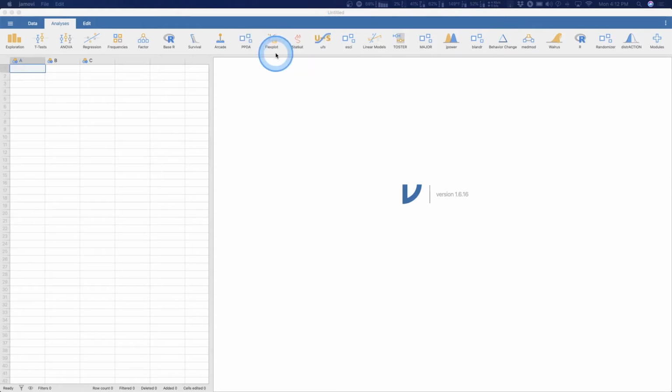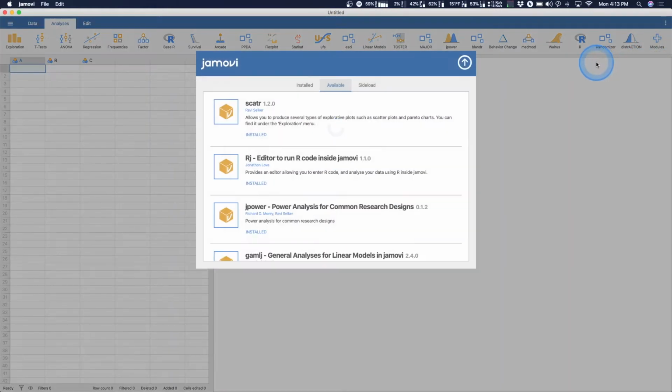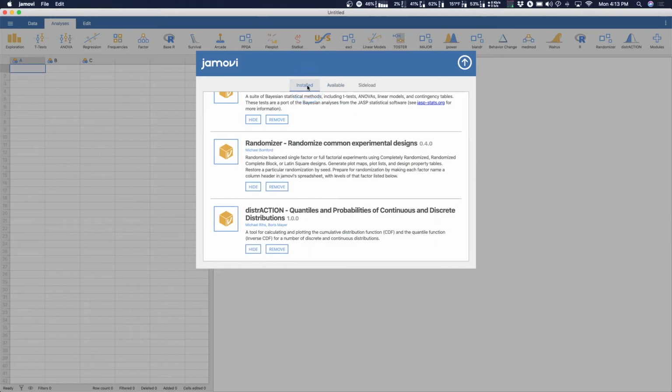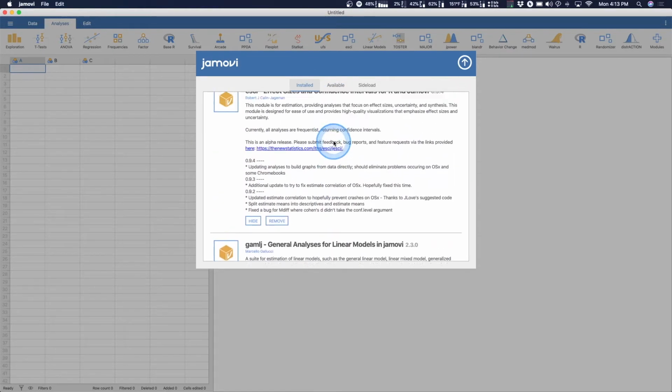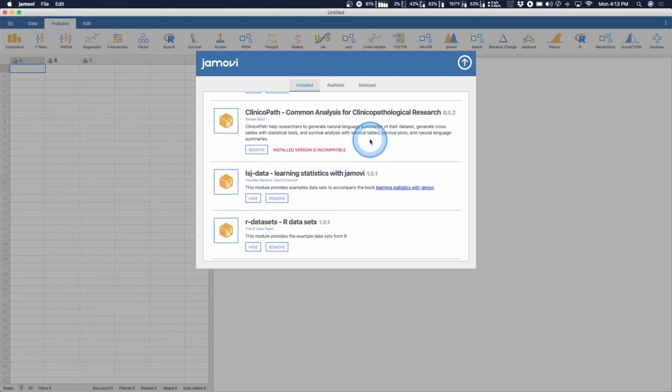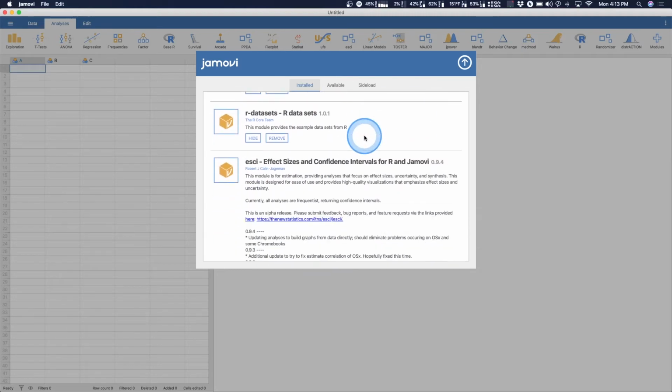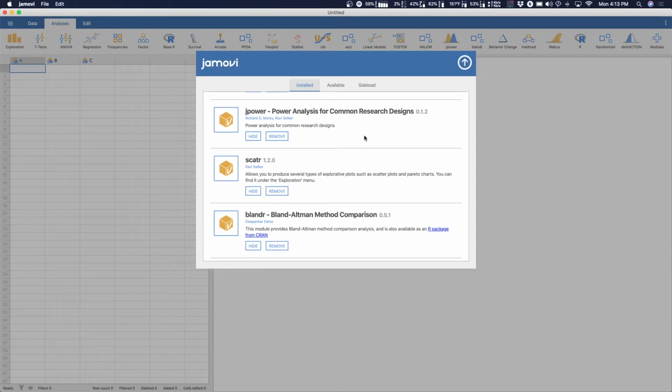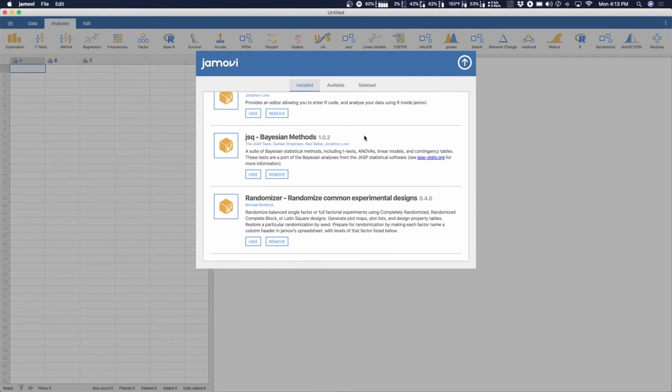So, in a bunch of my other Jamovi videos, I've been talking about the basic forms of modules and functions that Jamovi can do, but you can go to Add Modules here, this plus sign, and add tons of different packages and modules into Jamovi to use with Jamovi's user interface. It's the same kind of way that you would do with R, but this one's a little bit more approachable to people who are like, ooh, R, you have this code. So we are going to talk about FlexPlot in this one.